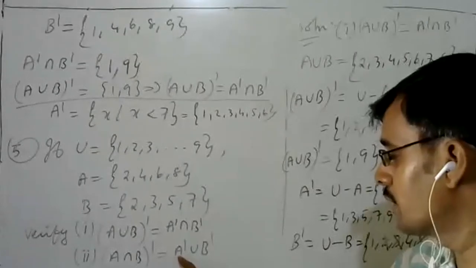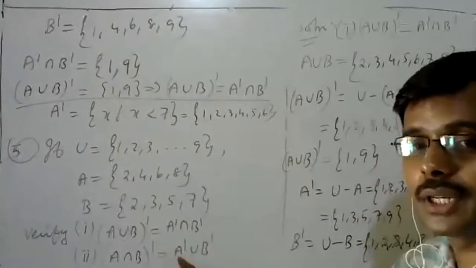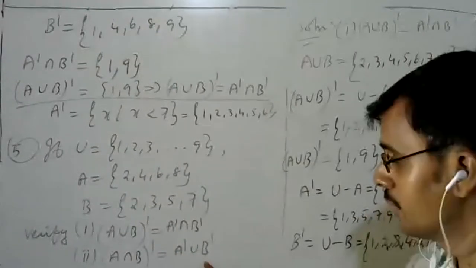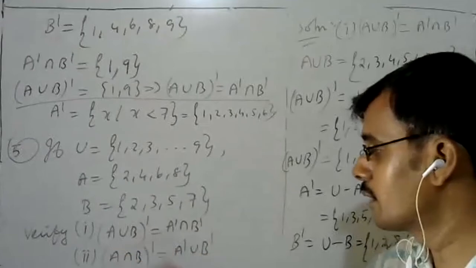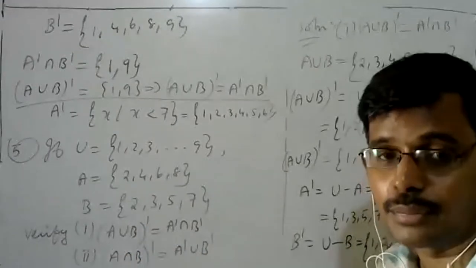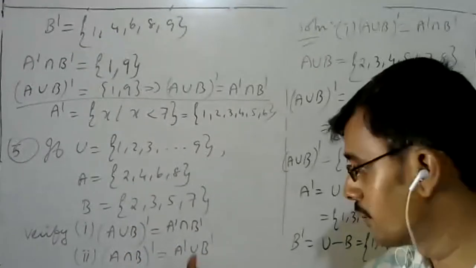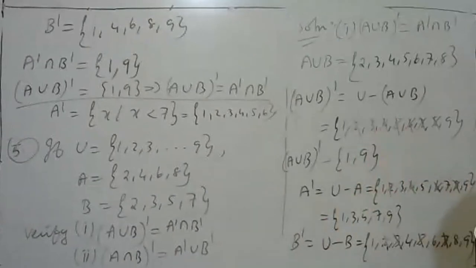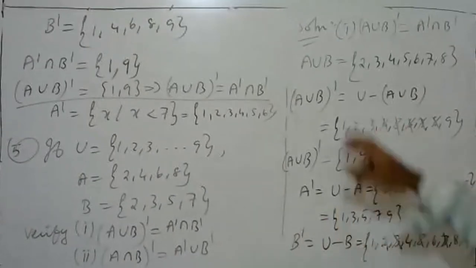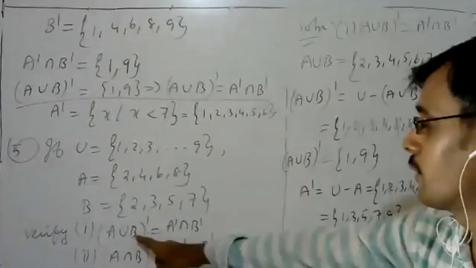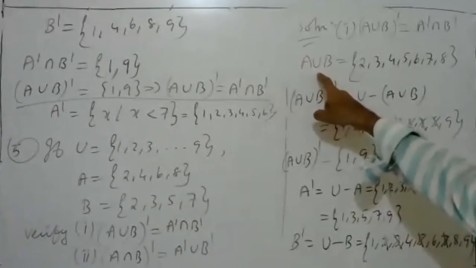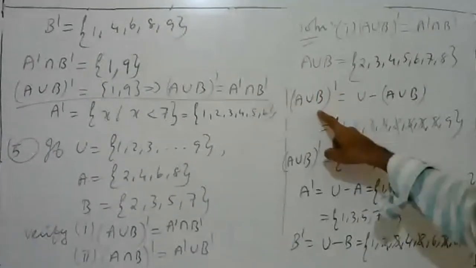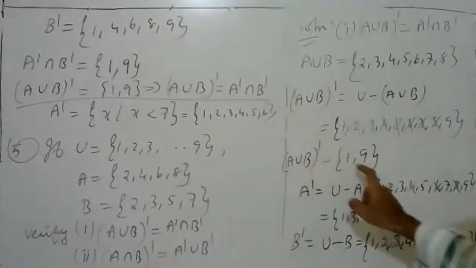And similarly, first find the right hand side, A complement union B complement. Okay, this and this give the same set, representing the same set, equal sets. We have to prove the second one. Take the second one as a homework problem. Okay, first one I repeat the same. First of all, find A union B and take a complement. Okay, and this is our complement.